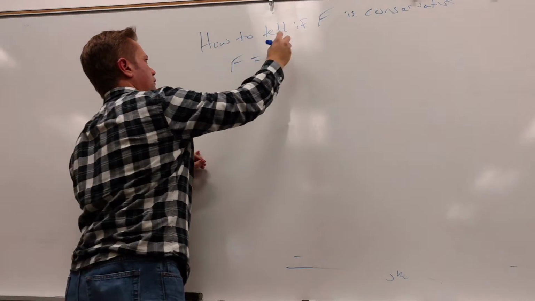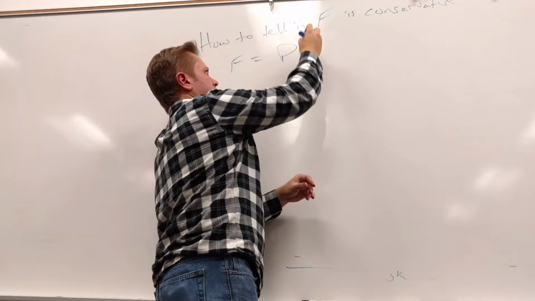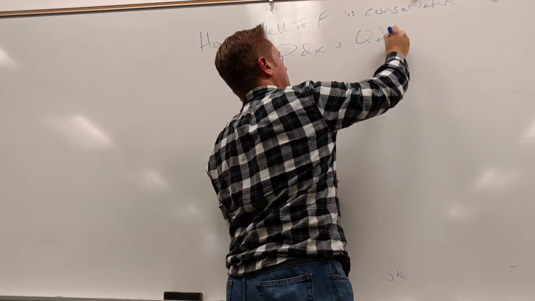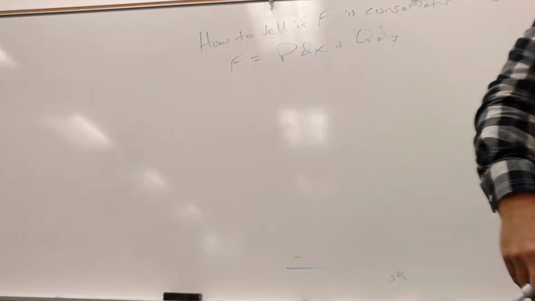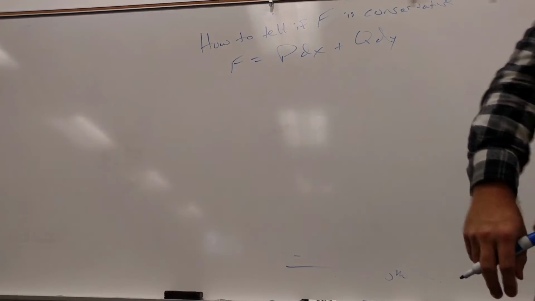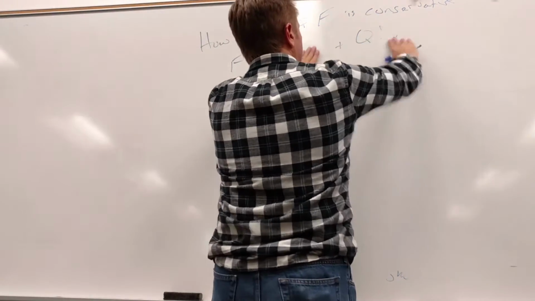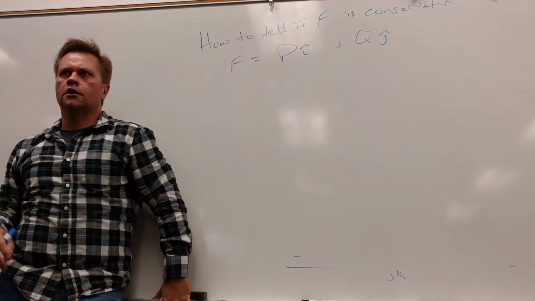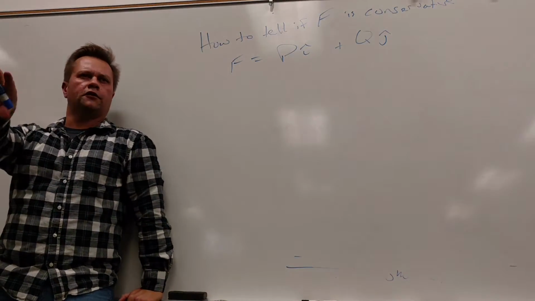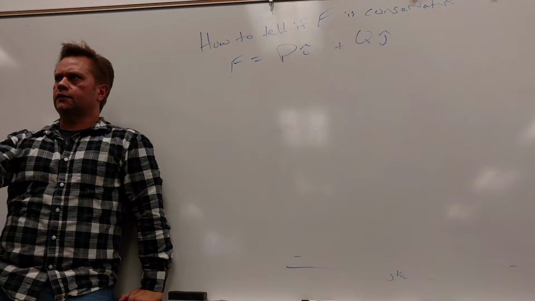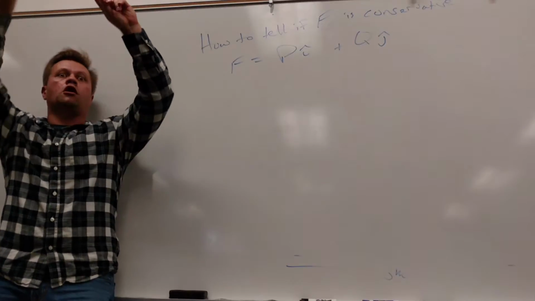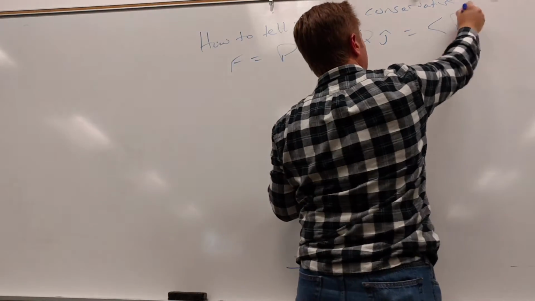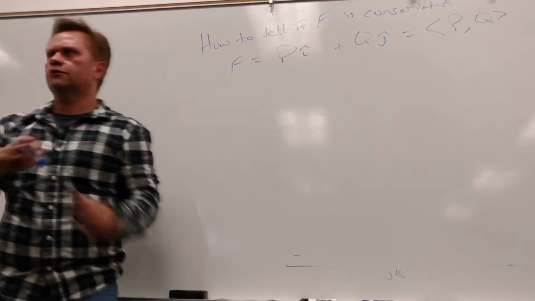Well, let's say that F equals, and this should sound familiar, P, some function of x and y, P dx plus Q dy. We've looked at that form before, I think. And of course, I'm getting ahead of myself. There we go. If you go back to the very first handout that I gave from section 16.1, when we were trying to draw all the vector fields by hand, I gave it to you like this, but it's the same idea. Those notations are the same.